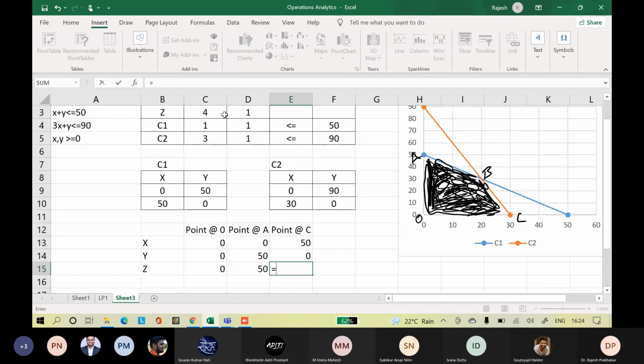So Z is equal to 4 into 50 plus 1 into 0, 200. Is it right? Or did I make some mistake somewhere? Sir, point C is 30, 0. Yeah, that's it, the orange line, right? Yeah, 120. Yes, sir. And point